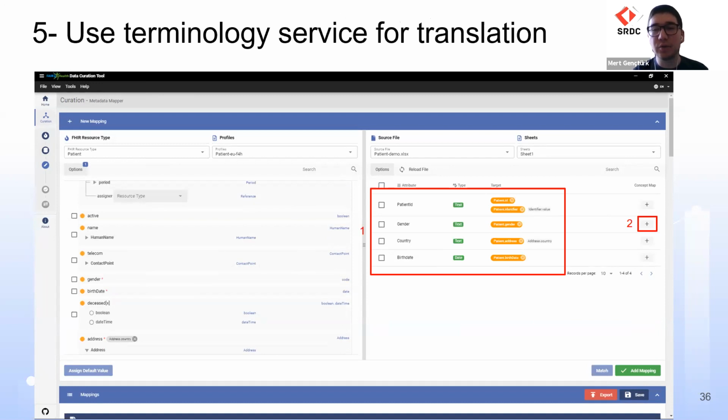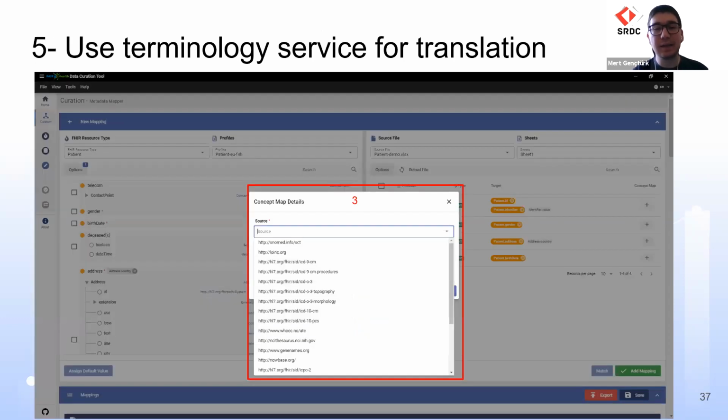And I have another option marked as 2 in the screen. It is the concept map. So the idea is, for example, in my profile, I define some concept maps, for example, terminology standards. But my own data is written in a proprietary data format. So I click on this button. Next slide, please.